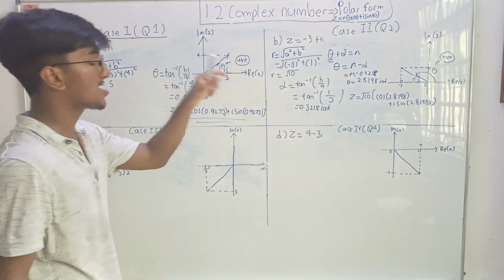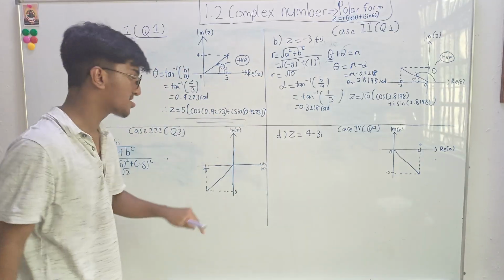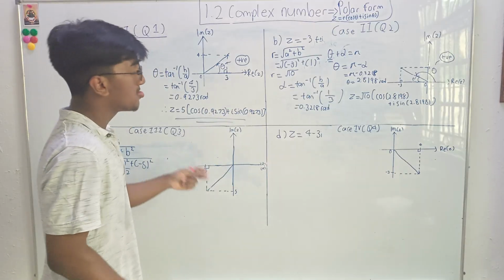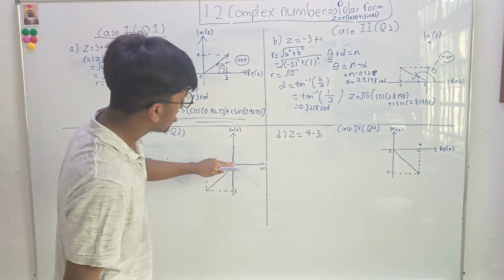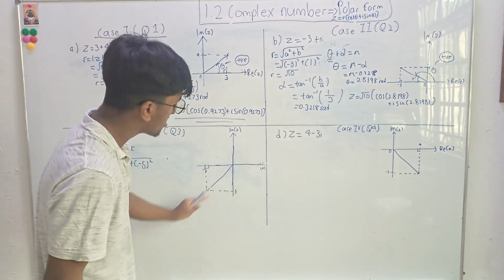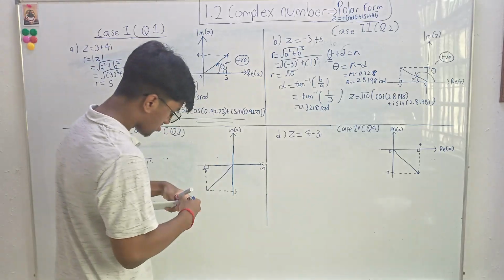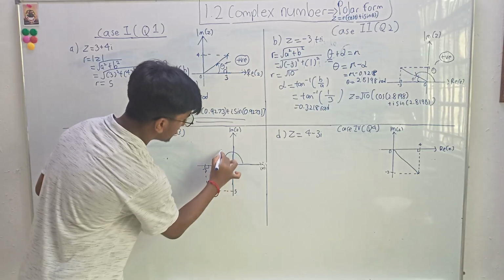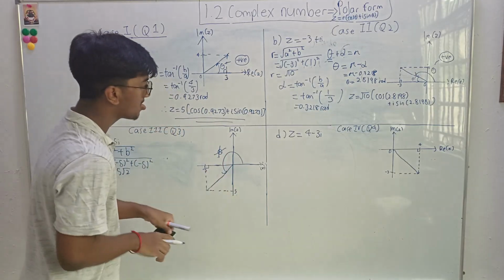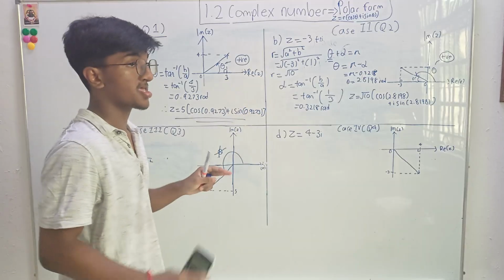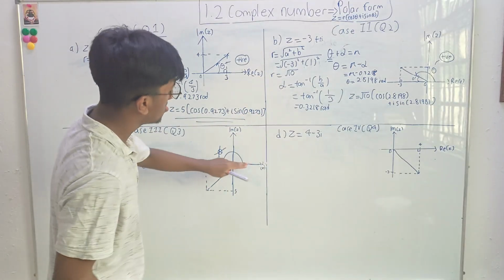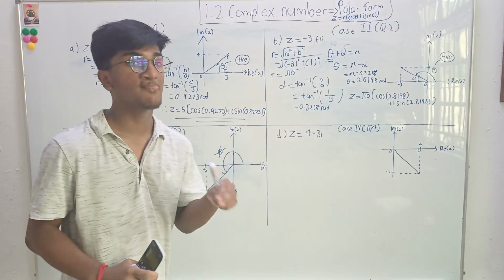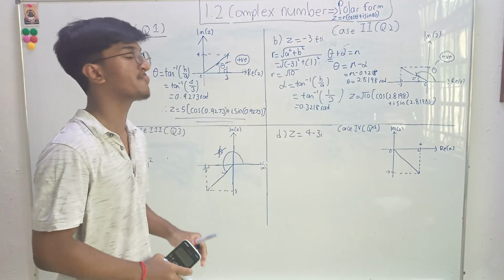So before you find your theta, always draw your Argand diagram in the correct quadrant. After that, you need to label your theta. As I told you, theta is the angle between the positive x-axis and the complex number line. If I draw my theta like this, it is completely wrong, because theta has a specific range, from negative pi until positive pi, which we call the principal argument. We need to follow the principle.